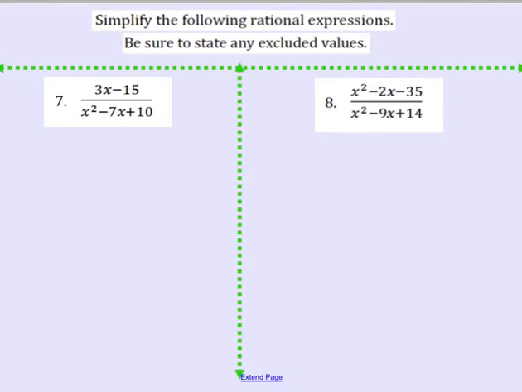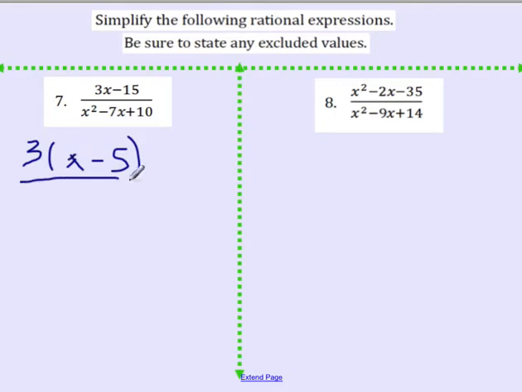All right, let's take a look at number 7. So in order for us to simplify this, we have to do some factoring. And one of the things students forget the most is that that 3x minus 15 can be simplified. Students forget that greatest common factor is a form of factoring. So you can take a 3 out of each, and when you divide each term by 3, you're left with